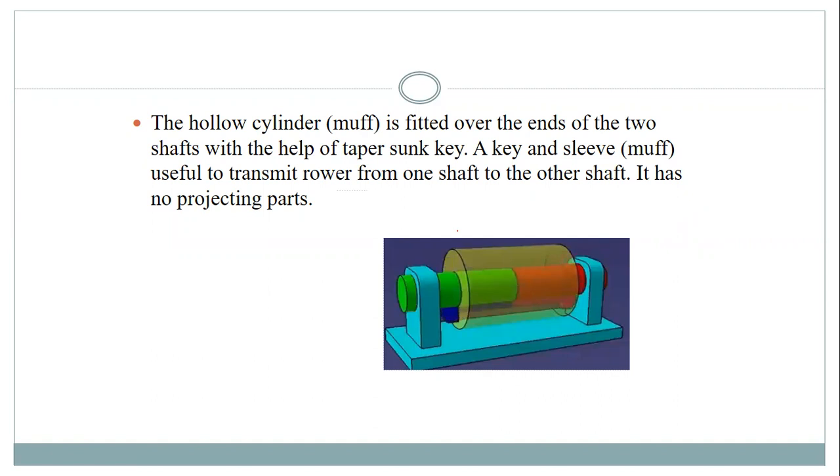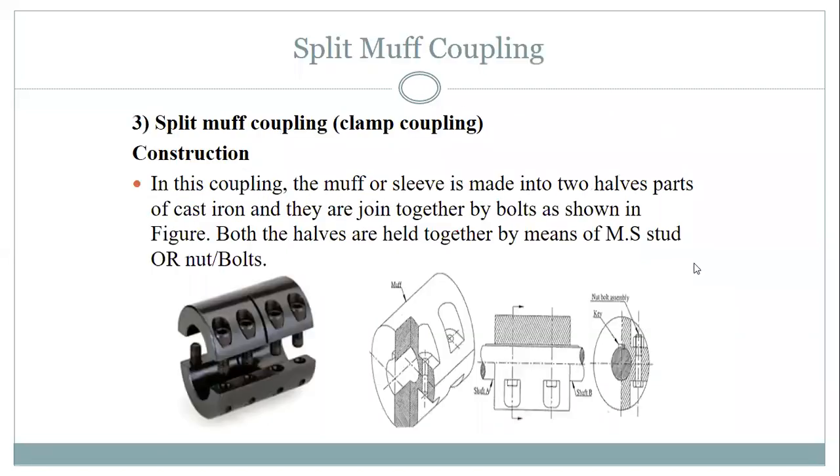It is fitted over the ends of the two shafts, and then a taper key is inserted into it. A key and a muff is used to transmit power from one shaft to another. You can see there are no projecting parts over here. So this coupling is very easy and simple to